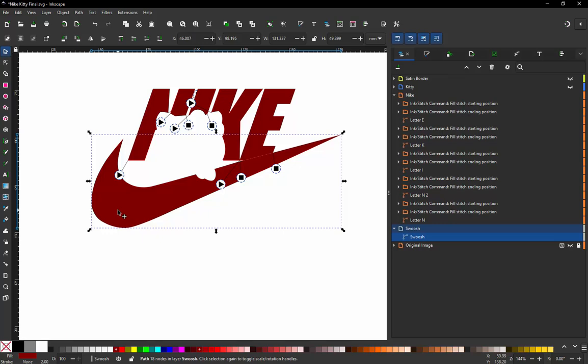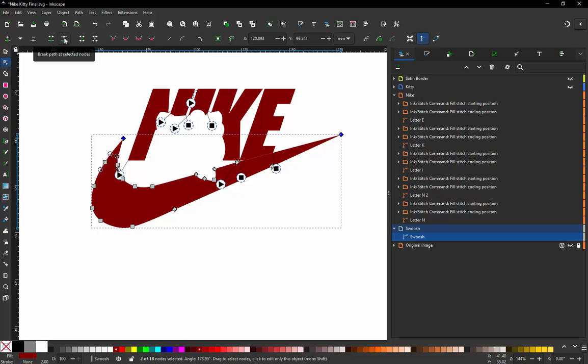So we need to create something called rails. InkStitch is looking for rails. It's looking for two pieces. Okay, so what we're going to do is simply go to our node tool, click on this node up here, hold our shift key down and click on this one, and choose this little icon right here, and you can see it says break path at selected nodes. Okay, so we've broken the path, but that's the only two places we broke it. So the way InkStitch sees this, it sees this piece as one continuous rail,